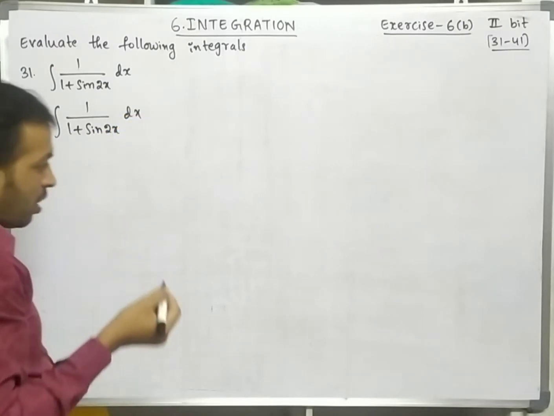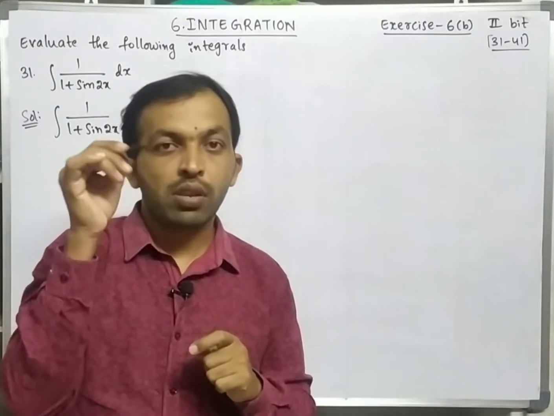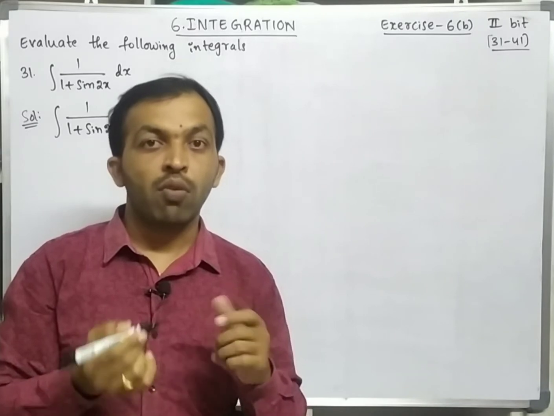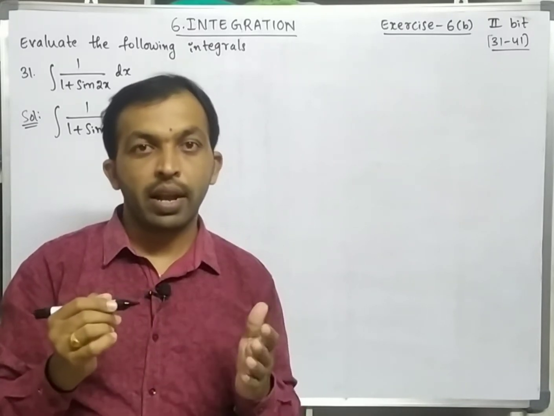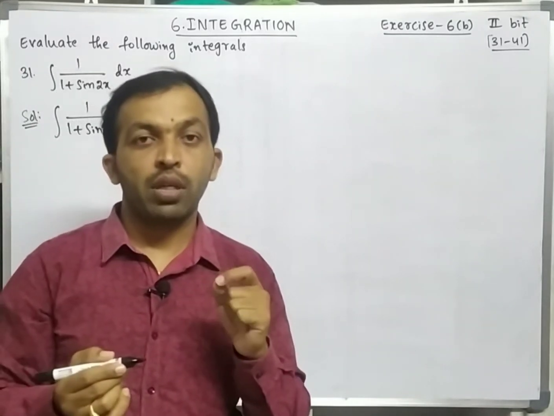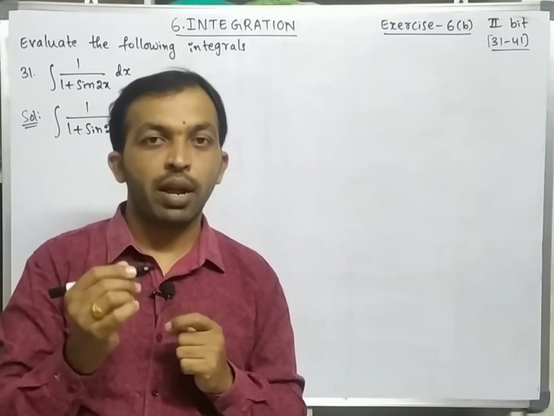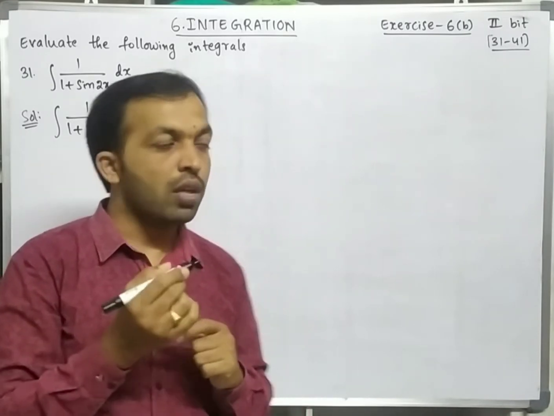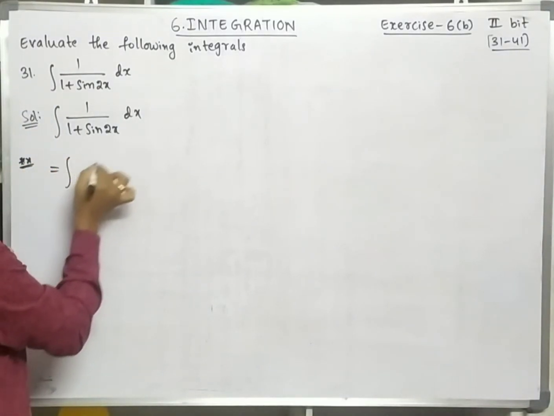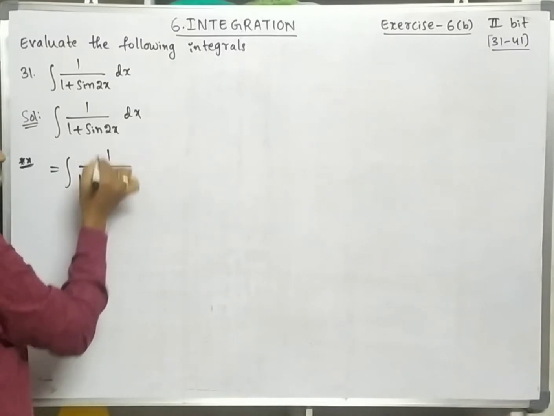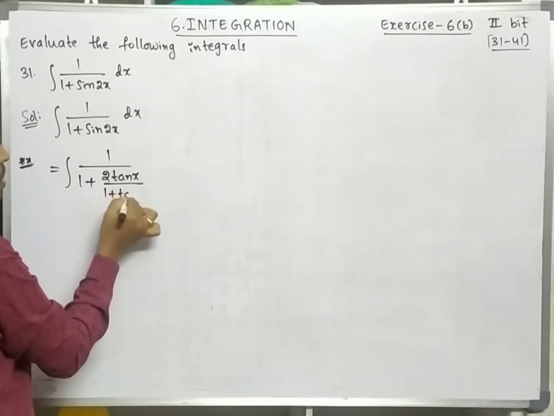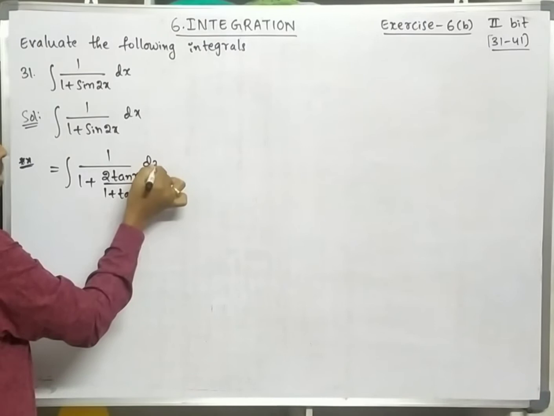In my teaching I will mention some star marks at some steps. Those steps are very important, because while writing the examination you will get stuck at those steps. So I am putting a star mark at those steps, and you should practice them 2 to 3 times. This next step is a very important step. Here I am writing sin 2x as 2 tan x by 1 plus tan square x, dx.